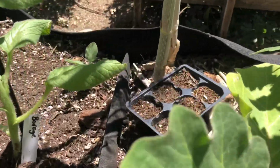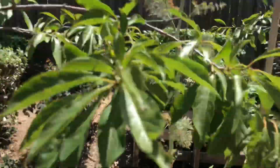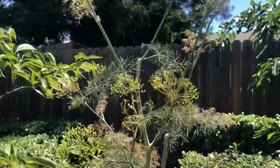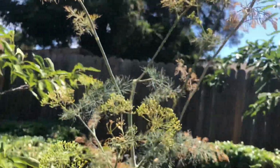But what died was our Zaatar oregano. It has died off. It looks like there's nothing there at all anymore. But one of the things that we do have to do is harvest our dill seeds. And as you can see, I want to show you, it's ready. So stay tuned